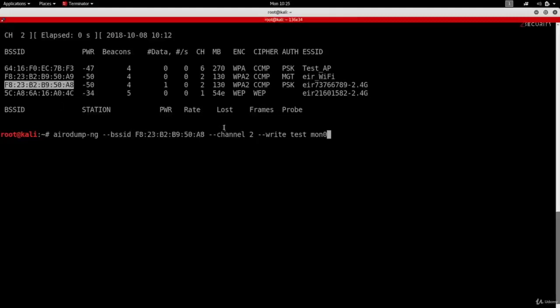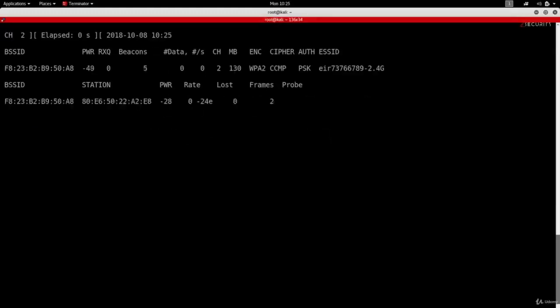Then I'm telling it I want you to only sniff data from a specific channel, and I'm giving it the channel that I wanted to sniff data from. Again, we can get it from here, it's number 2. Finally, I'm telling it that I want you to write all the data that you capture in a file that we're going to call test. And then I'm giving it my wireless adapter in monitor mode, which is mon0.